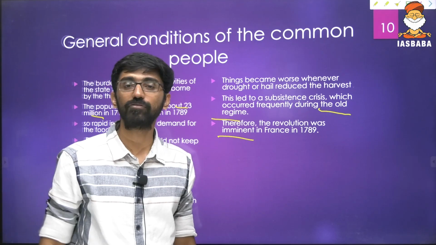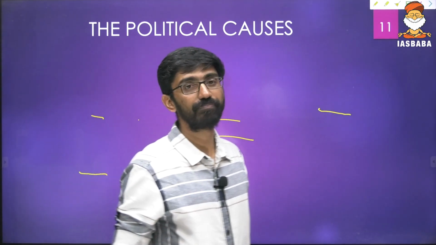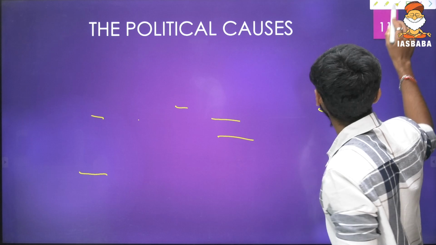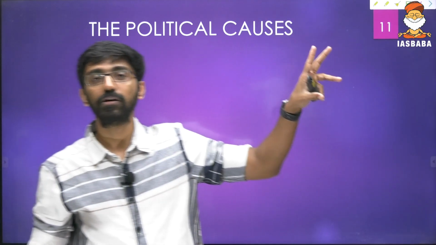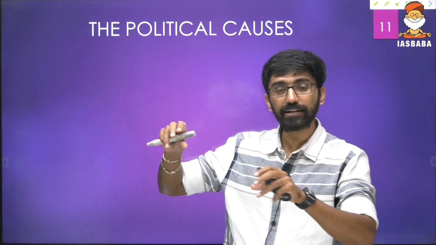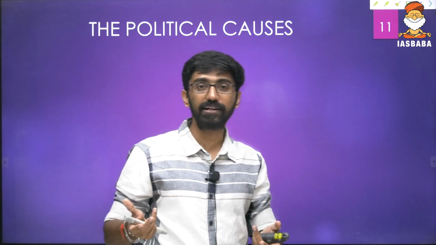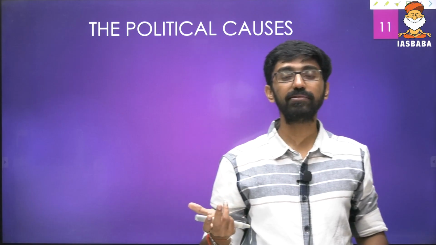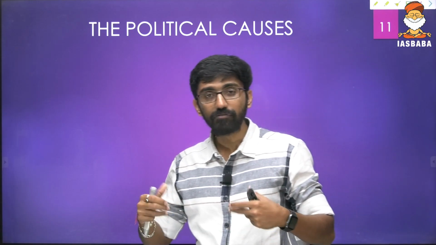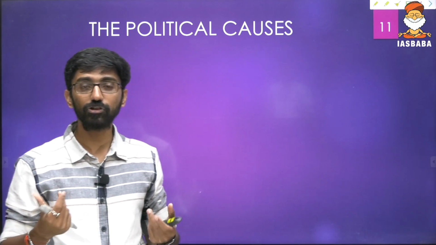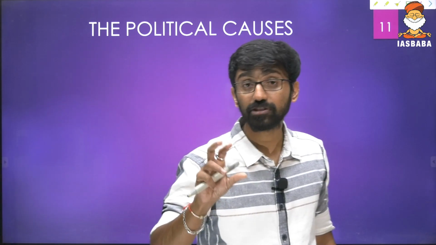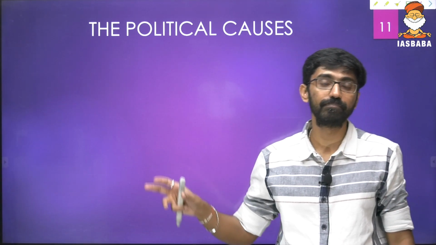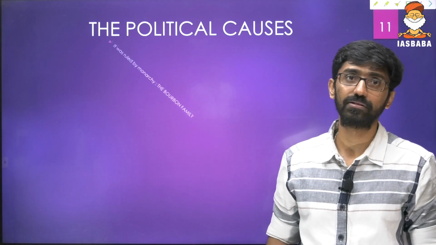So this was the general condition of the common people. They were living in desperation. So the social condition was very simple. Society was divided into 3 estates. Only 2 estates enjoyed all the privileges. They did not pay any kind of taxes. All the tax burden was on the people. At the same time, population was rising, but production was not keeping pace. Because of that, an inflationary situation happened, and people couldn't afford things. For them to afford, the wages had to increase, but wages were not increasing at the same pace as the prices.